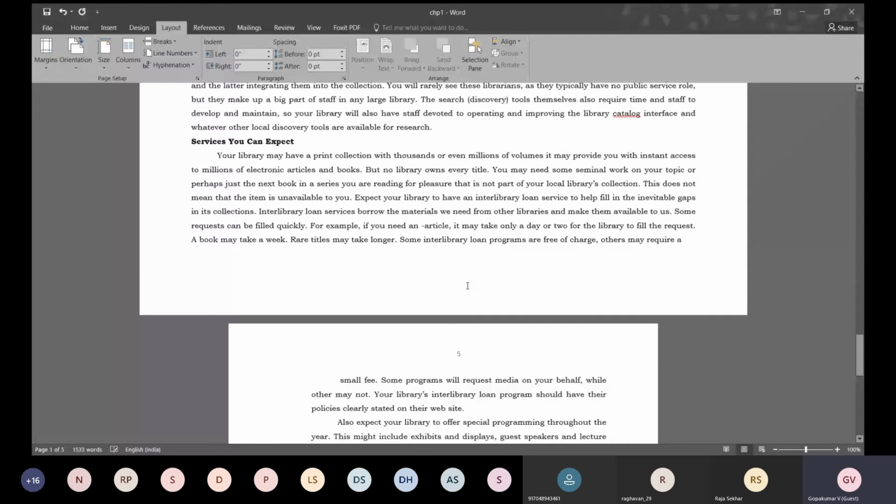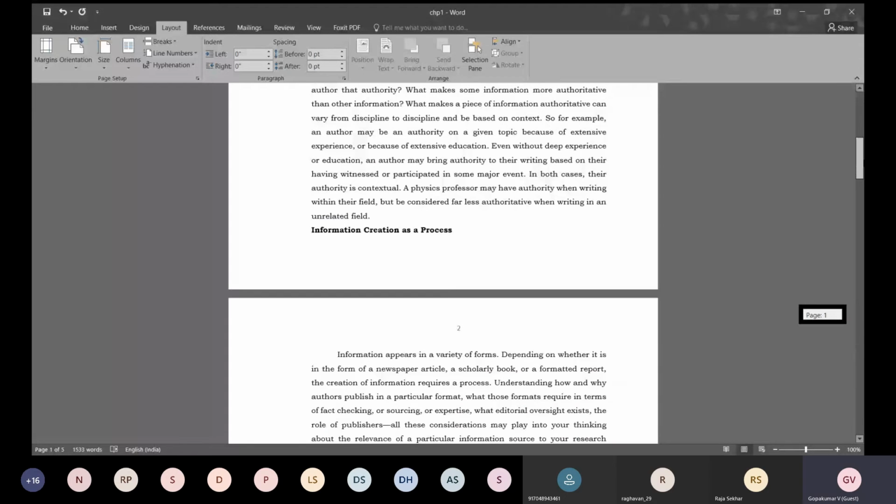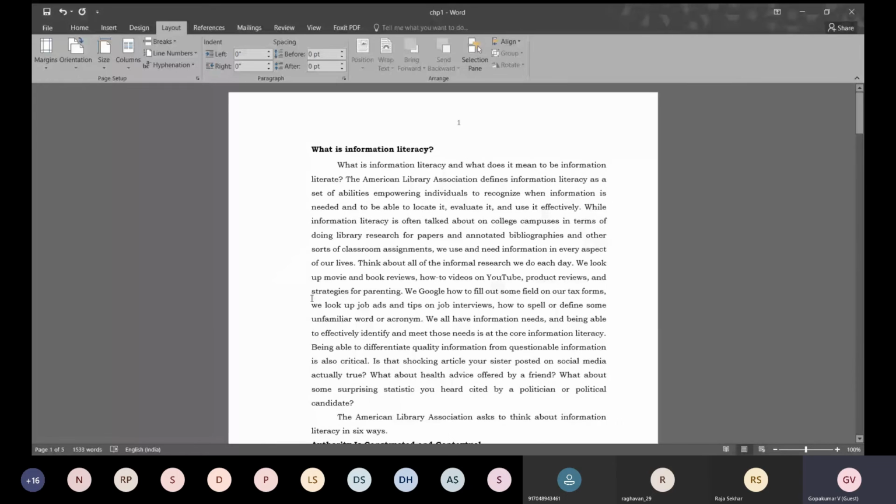Hope you understood it. Now, just now I heard somebody was talking about reference management using MS Word. I will tell the minimum about reference management in simple terms. Reference management is done under the references tab.